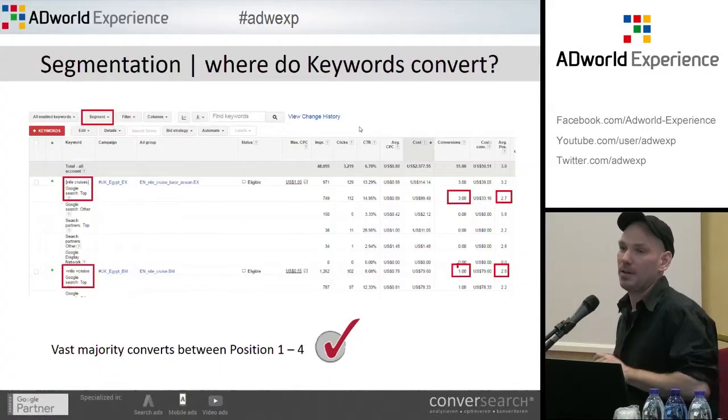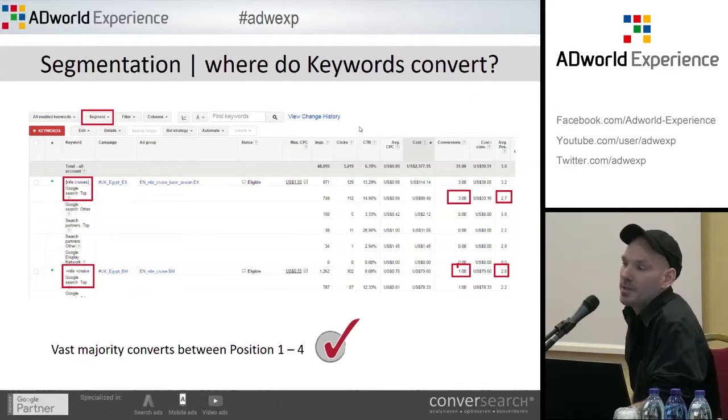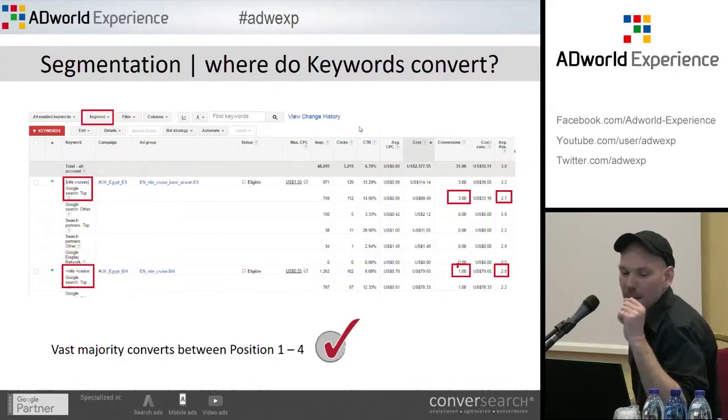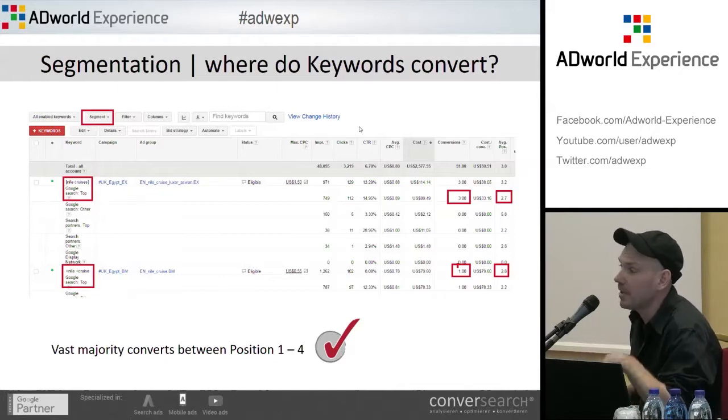The first thing you have to identify is on which position your keywords are actually converting. Because if you want to drive CPCs towards driving your keywords to a certain position, you need to identify where they actually perform. And this is something that you can analyze in the segmentation tab of your keywords. So if you open the segmentation tab of your keywords and look into historic data, it tells you on which very position keywords are actually